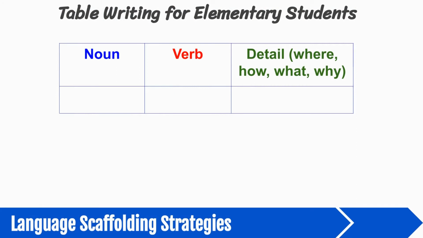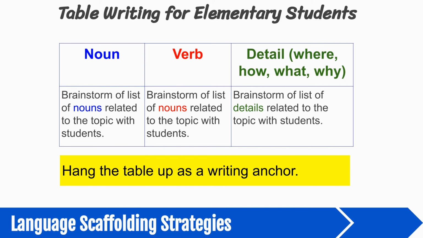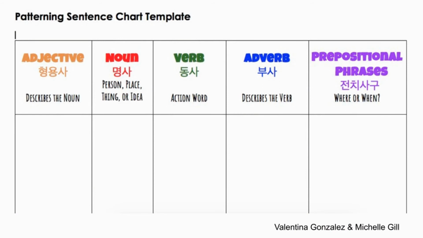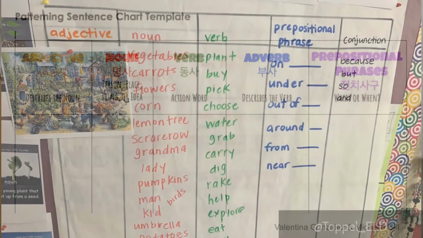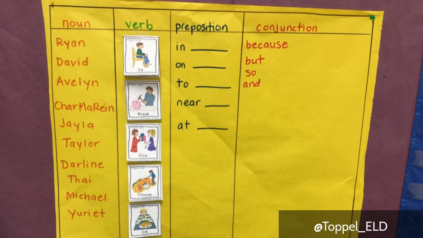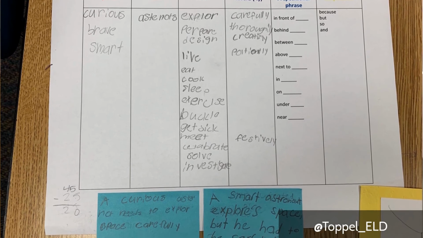The table writing method can be used in the elementary school class as well. Create a table that contains the different parts of speech and that is sequenced in a complete sentence, such as noun, verb, in detail, or adjective, noun, verb, preposition, reason for our more advanced writers. For each part of speech, provide a list of words that come from the unit. Students can now compose their sentences in the correct order.